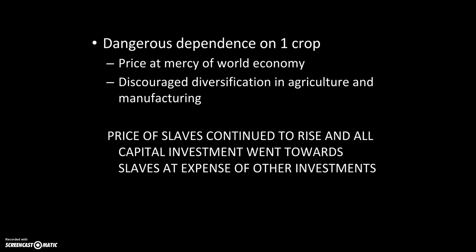Because cotton is a very time intensive crop to harvest. You have to pick it, you have to then run it through the cotton gin, and all the different steps that you have to take to be able to turn it into string or yarn or whatever it is that you'll be able to make into clothes, is a pretty intensive process. And so this fact that it's just one crop is going to make this dependence on slavery almost absolute, which is why the South is so unwilling to get rid of it as we move towards the Civil War.